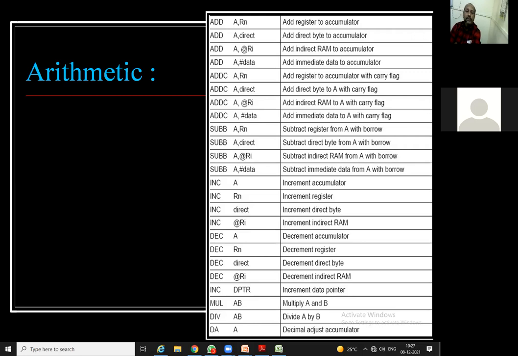Today we are going to focus on all types of instructions. In the guest lecture you might have heard about how many instructions there are for the 8051 and for PIC also. Sir has already told you, and I also told you in the earlier session, that a total of 110 instructions are there for the 8051 from all the categories.